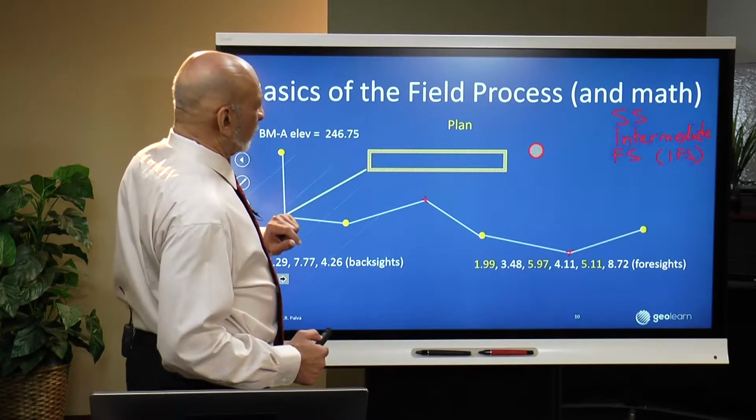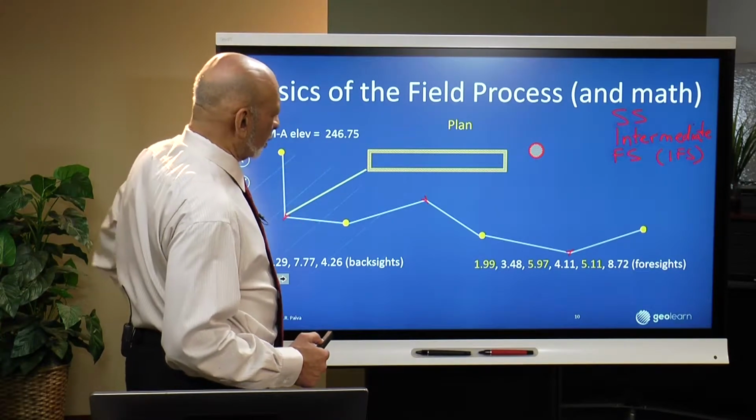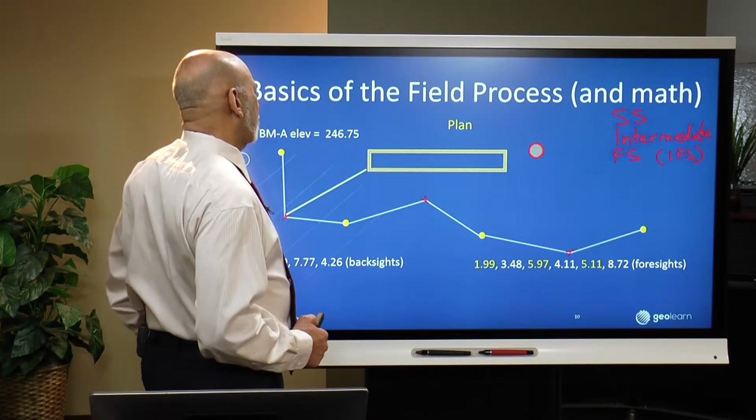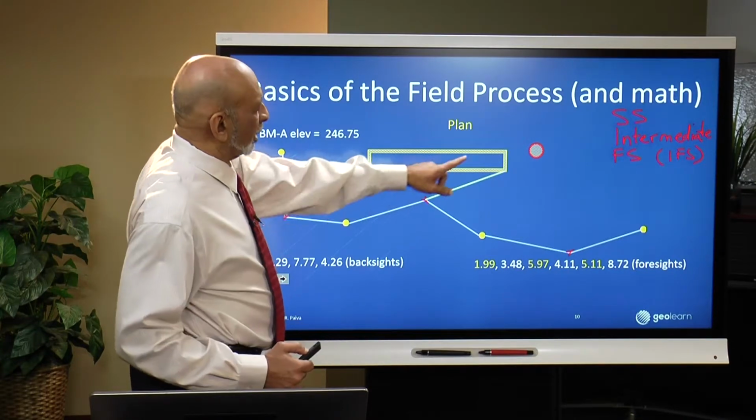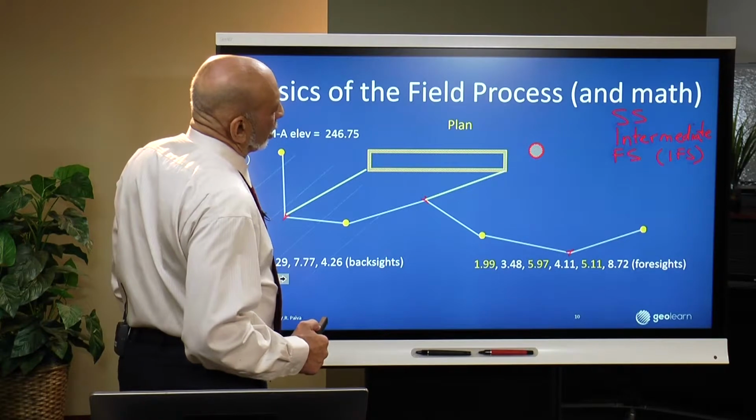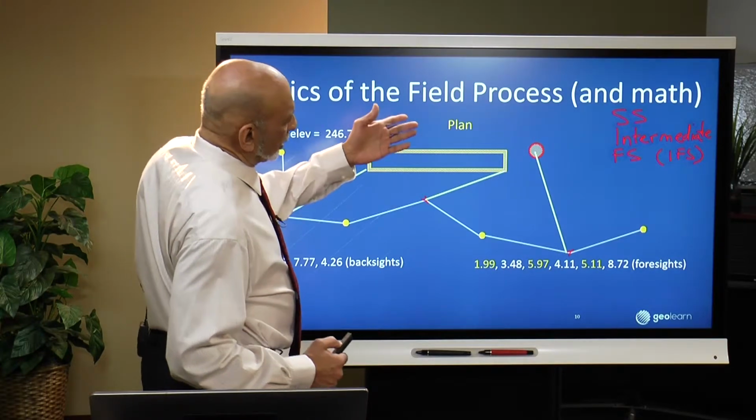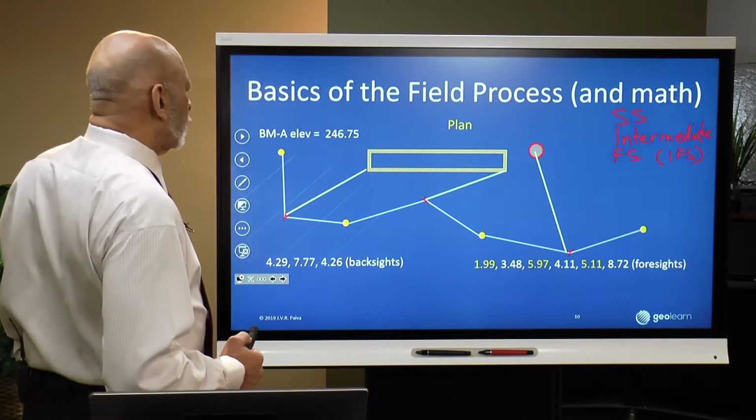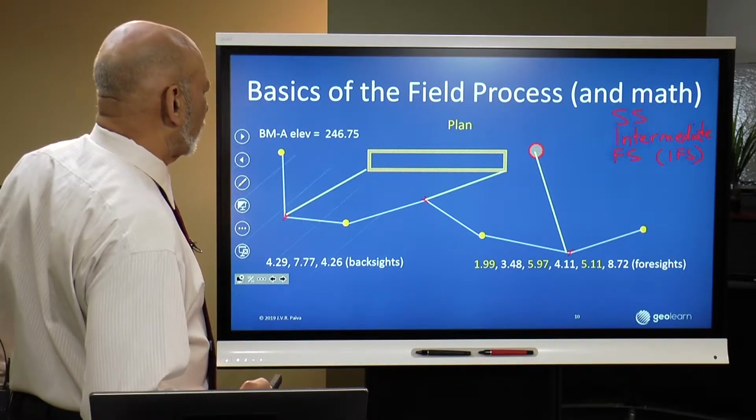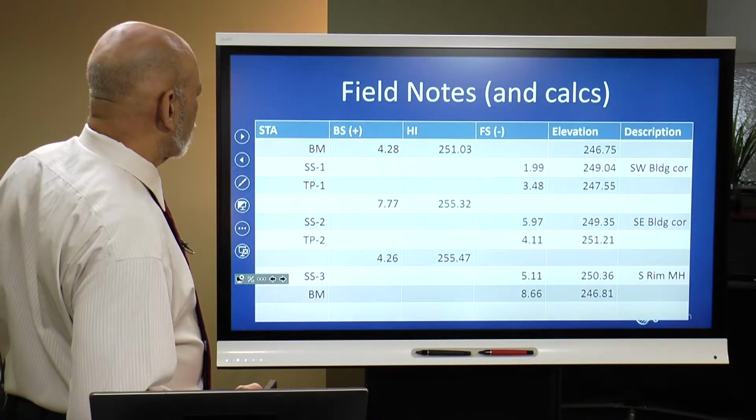That's a side shot or an intermediate foresight to the southwest, assuming north is to the top of the page, southwest corner of the building. Another one from the second setup to the southeast corner of the building, and then another one to this thing that it turns out is a manhole. So this is the situation that we are trying to show in our field notes, and so it looks like